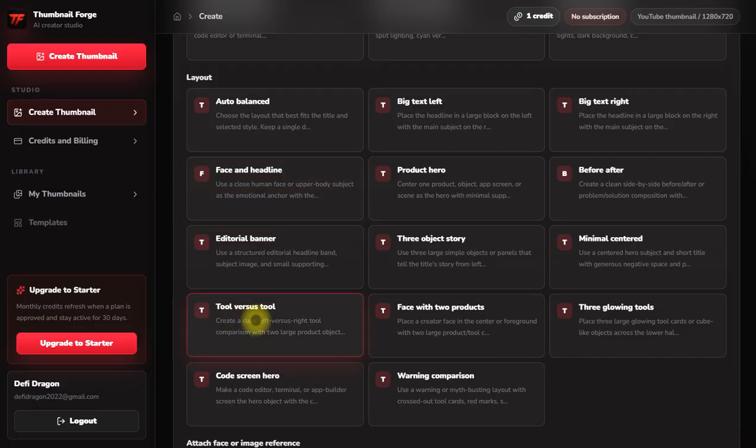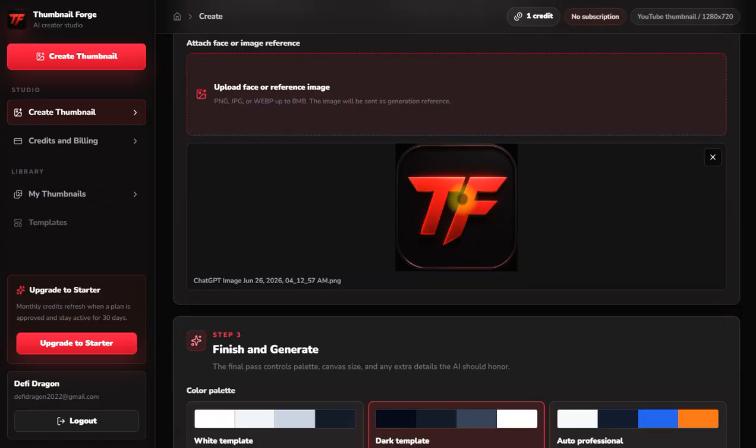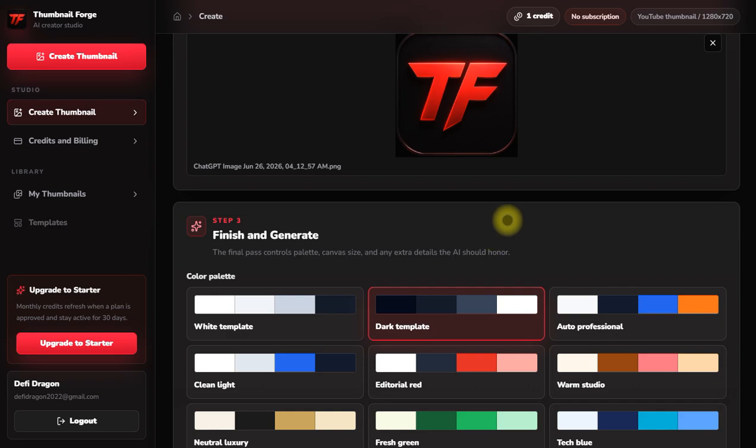Okay, here we can select tool versus tool, and even all the other layouts you can face with 2 products, 3 products with glowing, and code screen hero, warning, comparison, a lot of things here. Another better option is if you want to upload your own image. For right now I will upload the logo of Thumbnail Forge. Here we uploaded the logo of Thumbnail Forge for the comparison with Canva,